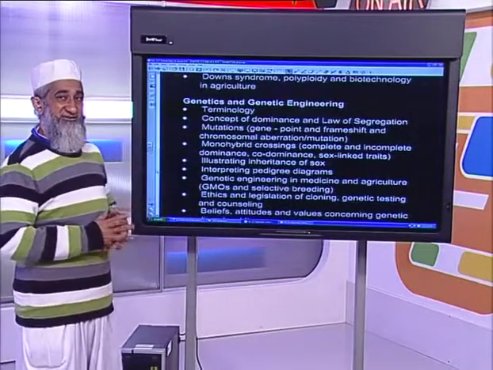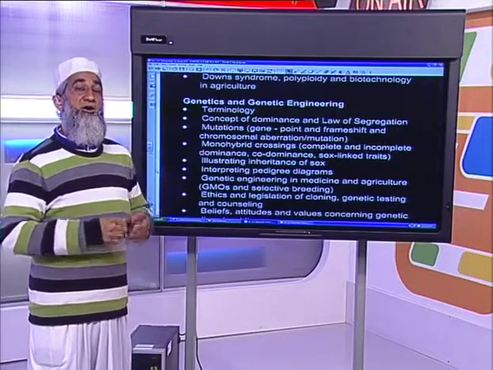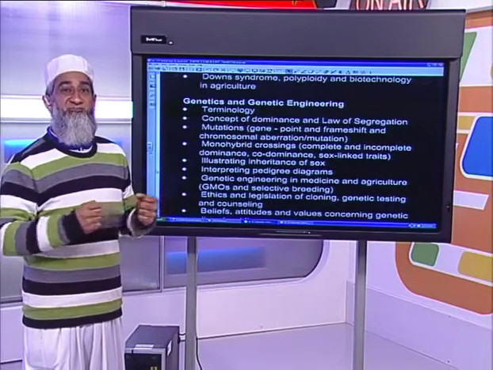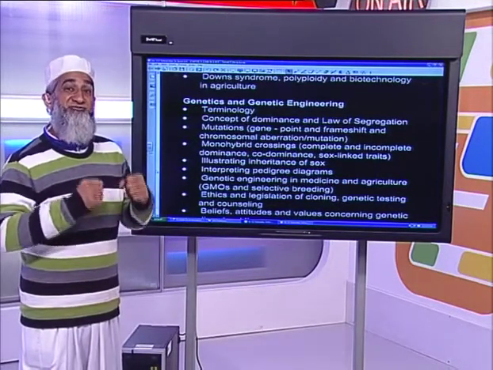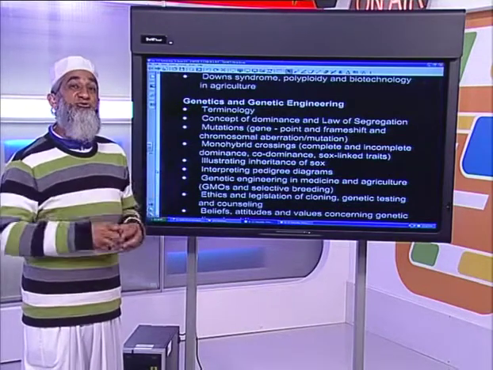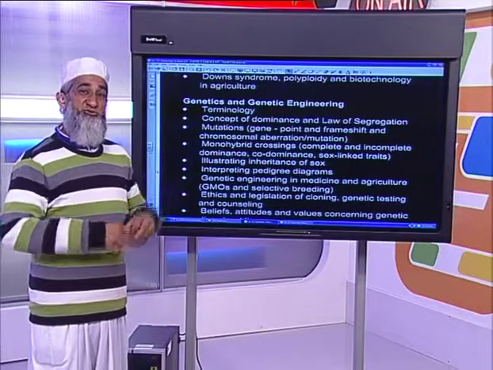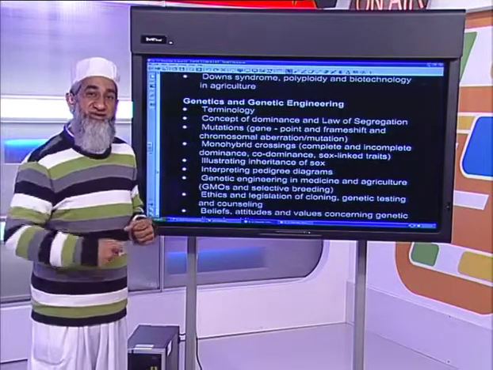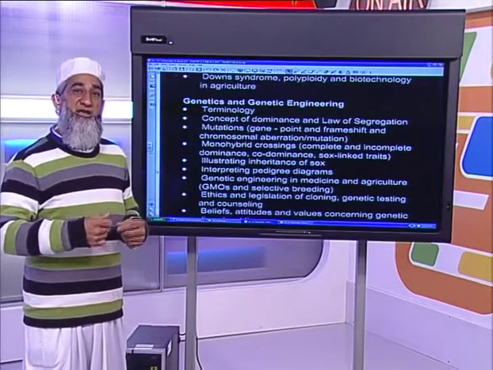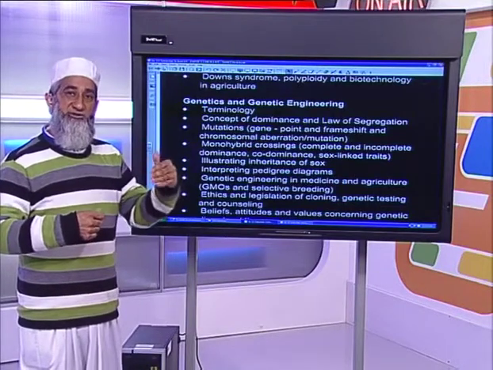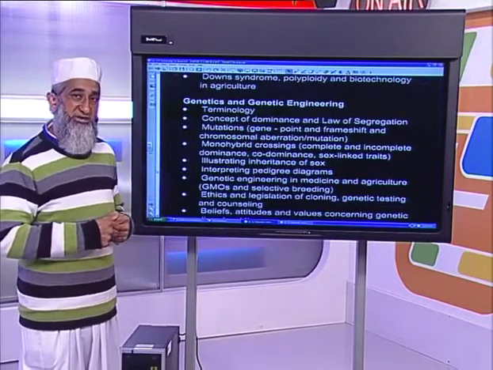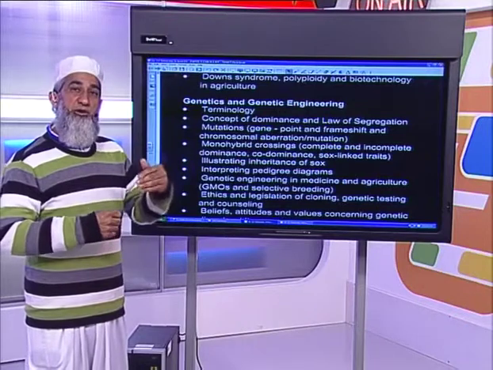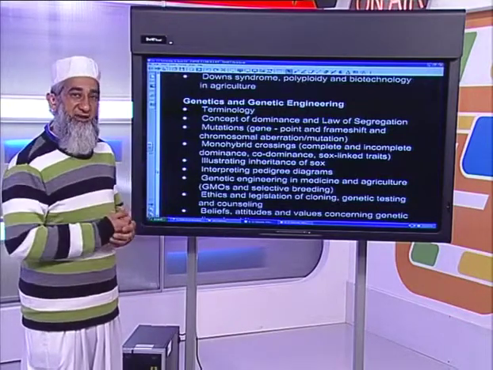We move on to genetics. This section, guys, starts off with a whole lot of terminology. If you learn the terminology properly, the rest of the sections become very easy. So you need to learn the terminology first. After that, you get stuck into solving problems, and the best way to learn how to solve problems is to solve the problems. Solve as many problems as you can. In that way, you get used to how to set out your answers and how to answer the questions. You'll notice there's a distinct pattern in the way questions are presented, and if you attempt many of those questions, you'll get the hang of it as you go along.